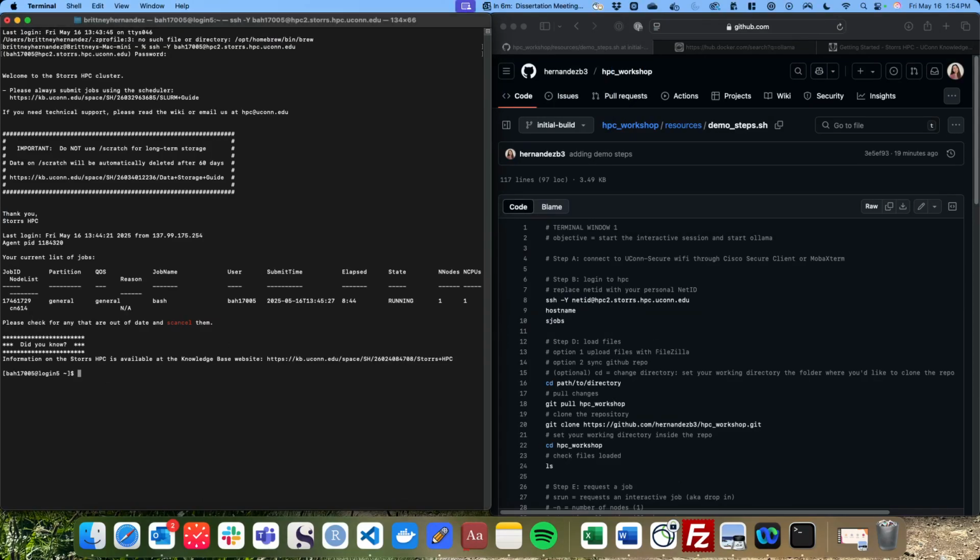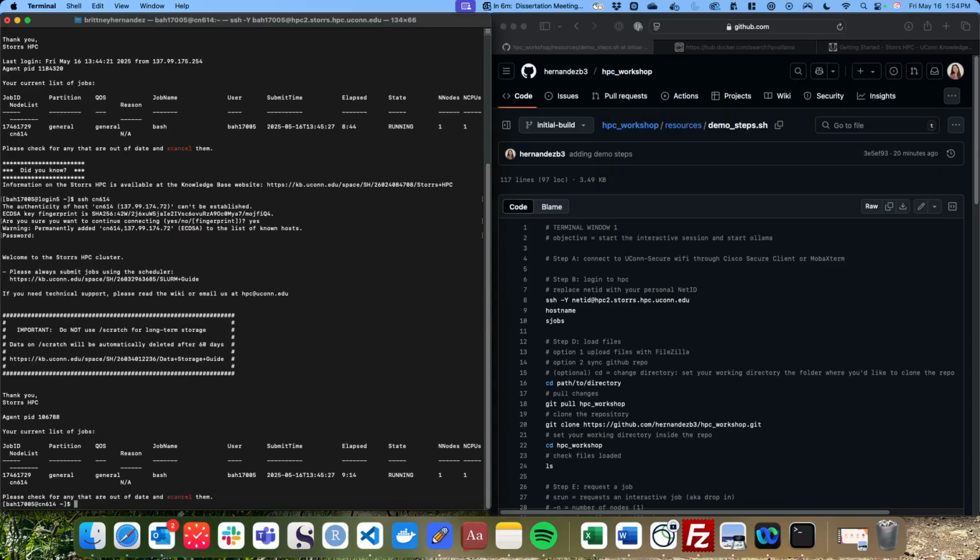And so now we've been assigned a login node, and we actually can just do SSH, which is the same way we got to Apptainer. And then we can take the name of the node we were on. And now we get this prompt to add it to our fingerprint. And now we are on that same node in two terminal windows